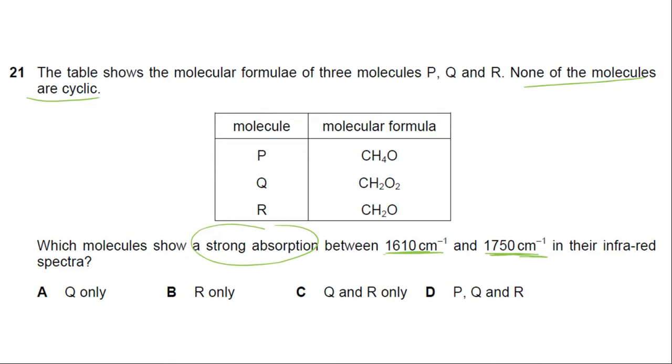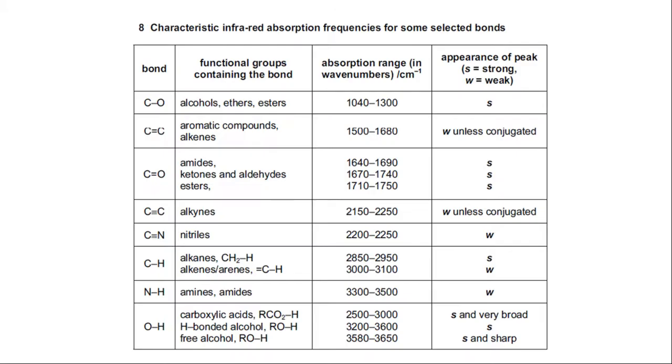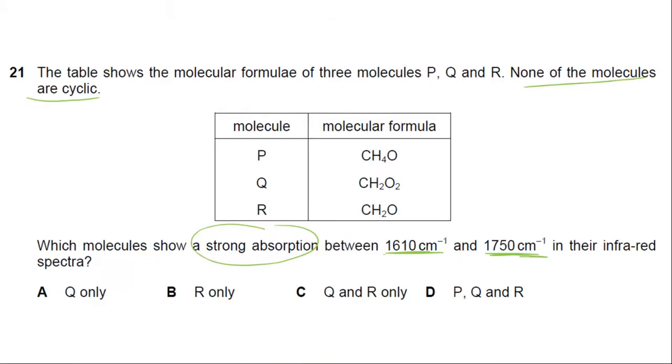So before I actually dive into the data booklet, which will have something like this, let's first try to deduce what each molecule basically is. Now, for the case of P, if you closely observe, you have carbon which has all four hydrogens as well as an oxygen. And if you have a carbon which has the maximum number of hydrogens, for example, in the case of alkanes, it's CH4. And along that, if you also have an oxygen, it would always be an alcohol. So this has to be for sure your,